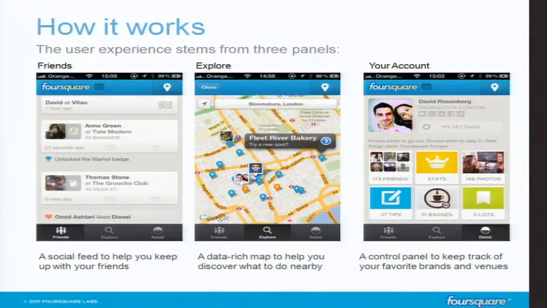So let's start off with what we're all about. We recently redesigned the app and we have a 3-tabbed approach to this. As you know, the main action that you do as a user on Foursquare is checking into places. Checking into places is essentially broadcasting your location to your friends, but also trying to save a memory, essentially. When I go on holidays, I like to check into places that I like just to remember those places as well, right? That's a really important part of it. So it's not only about sharing, but it's about saving memories.